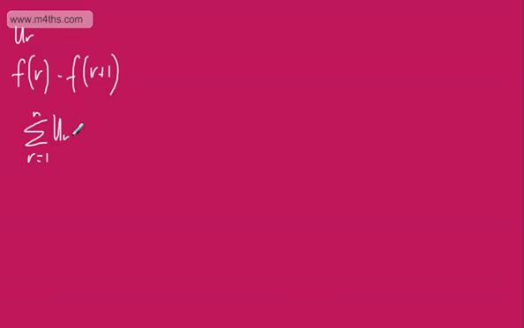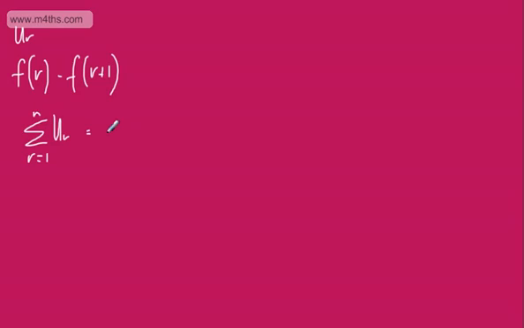In this video, we're going to look at summing a finite series using the method of differences. The first part of this is a bit theory heavy, and I don't really feel it's 100% necessary. But essentially, if we have some series, which we'll call u sub r, and the series can be expressed as f of r minus f of r plus 1, then when we sum this series, from r equals 1 to n of u sub r,